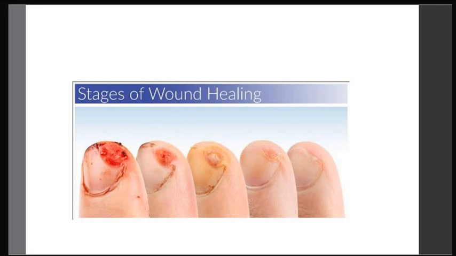So basically, this is an open wound, and whenever there is an injury to the skin, the first response our body shows is bleeding. Within a few minutes to hours of an injury, there is blood over the injured area. So the first step of wound healing is to stop the bleeding, and that is the first phase of wound healing, which is known as hemostasis. Hem means blood and stasis means stop, so to stop the bleeding. So the first phase of wound healing is known as hemostasis, to stop the bleeding,